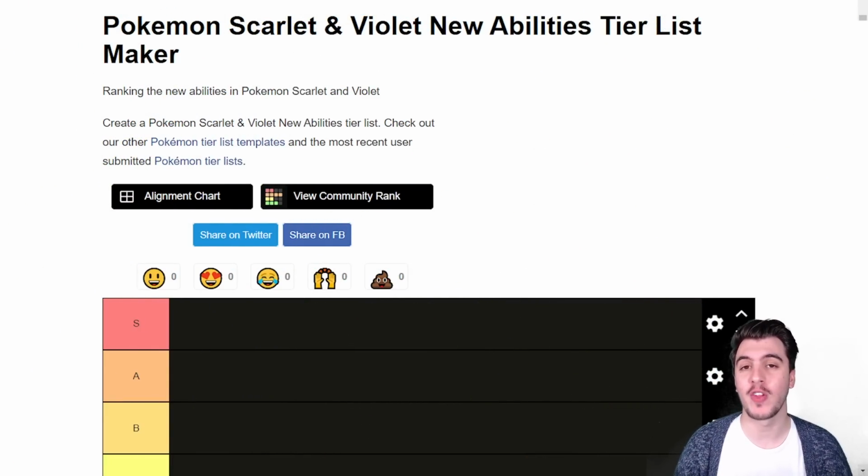Today I'm bringing you a tier list on the best new abilities in Pokemon Scarlet and Violet. Obviously, this video has been done before by other creators, but I'm going to put my own little twist on it and go over why I believe these abilities are amazing, not only on their respective Pokemon, but in different metagames: Singles, Smogon, Draft League, and VGC